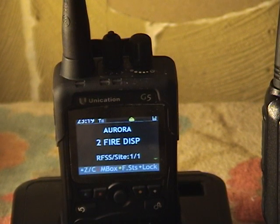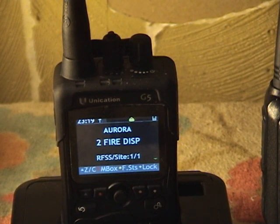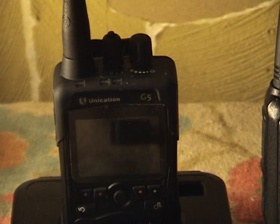The software, when you look at it on your computer, just picture it as like you're looking at a calendar, similarly. The rows are your zones, and the columns are like the days. So whichever square, depending on what zone or knob you want to program, you just double click it and then set up the channels and the radio system that you want to monitor on that, for how many channels or whatever. You just add and delete from the left hand column to the right hand column if you're using talk groups such as